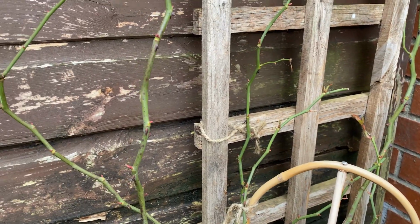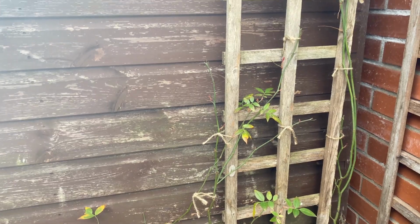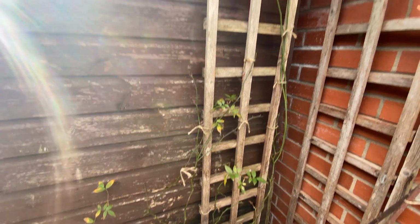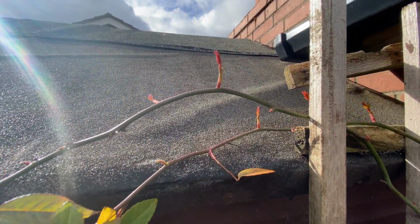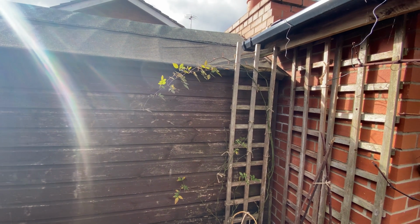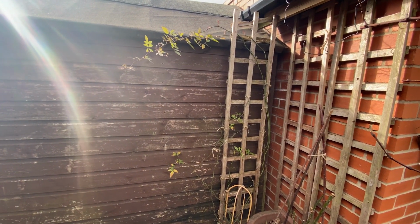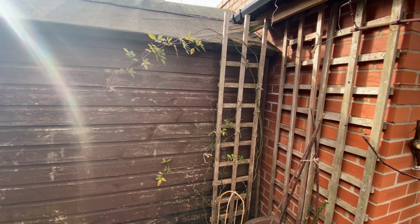This is kind of like a shrub rose, so it looks like a small shrub, whereas this, if I just widen that angle a bit, is my climbing rose, so it goes up a lot, but look how much growth is on the top of there. So this is really starting to kick off now, and I need to really get cracking with clearing the border to transplant it, because I don't want it to grow too much more and then disturb it when I'm